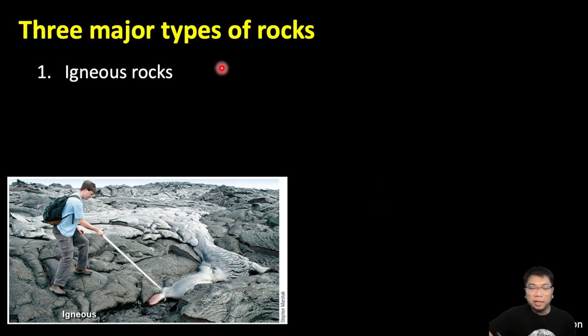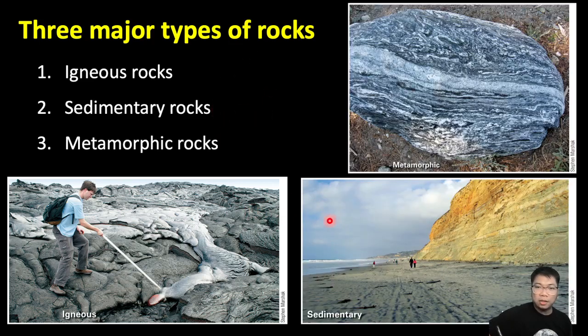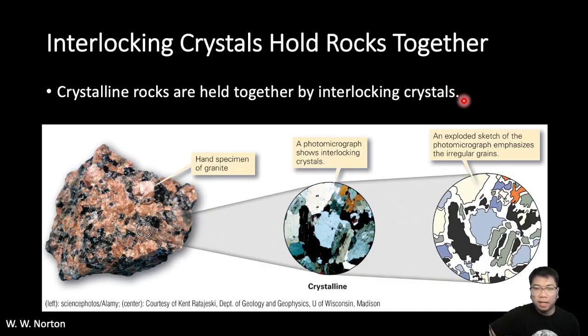There are three major types of rocks. The first is igneous rocks. The second is sedimentary rocks. And the third is metamorphic rocks. For both igneous and metamorphic rocks, the interlocking crystals of minerals are what hold the rocks together, and that's why we get solid rocks for igneous